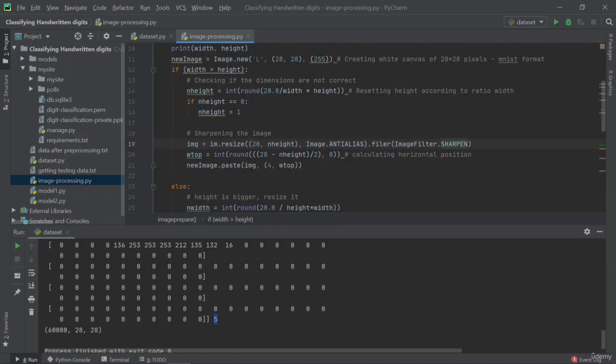Anti-alias helps in fitting the data into correct places so that when we enlarge and the information is limited, we can insert the information through interpolation, and anti-alias helps us in inserting correct information so that